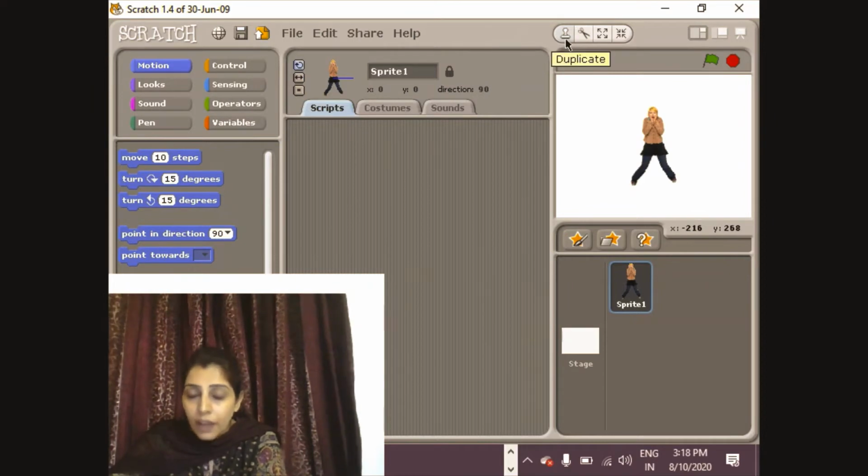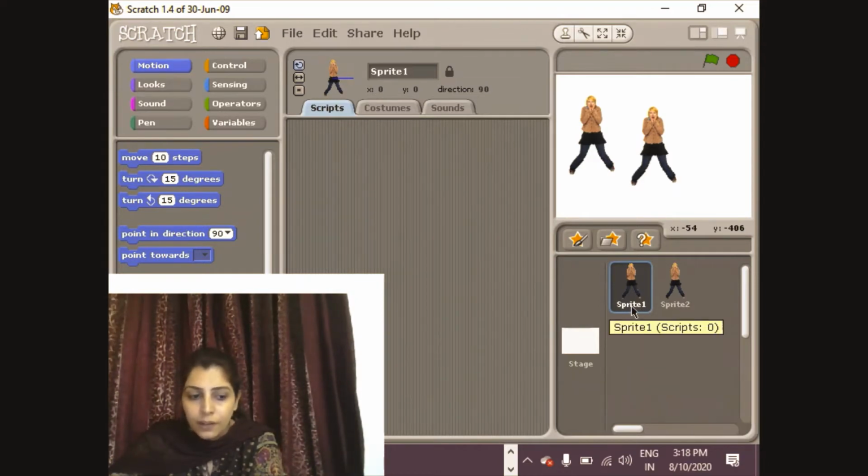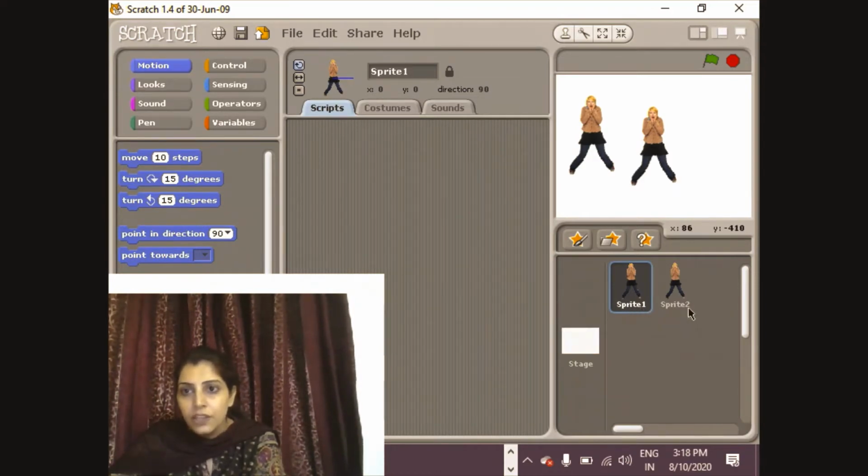Now if I want to make a copy of this sprite, I want to duplicate it. So simply what I will do, I will click on the duplicate button. You can see the sprite is duplicated. Now two sprites are showing here, sprite 1 and sprite 2. Clear? So all these are the components.